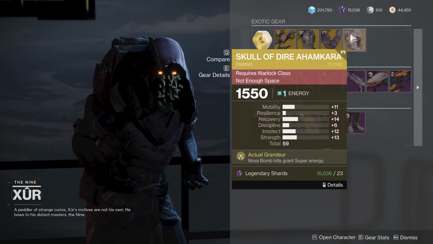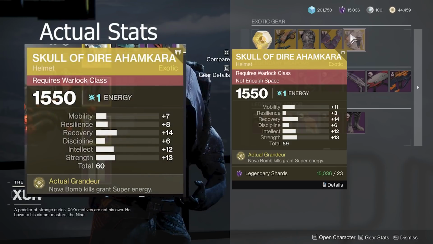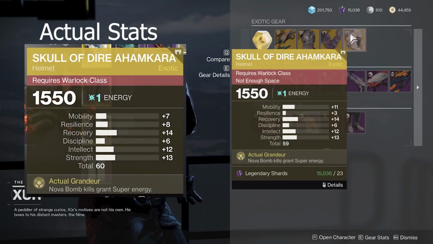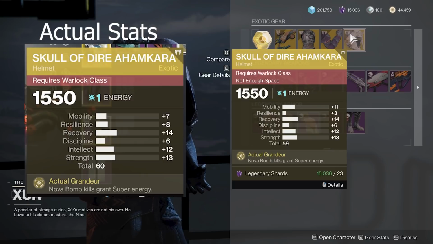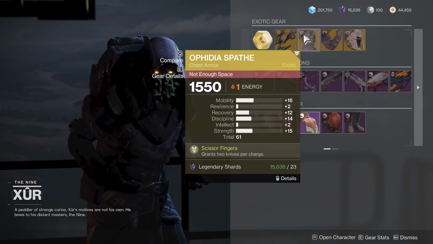It also turns into a 60. It will have 14 in recovery, a little high in resilience, but you've got 12 in intellect, 13 in strength, a little low in the discipline category. But again, if you've never experienced these, they're not as bad as they could be when it comes to the stat rolls. But I would say for sure, Ophidia Spathe with Solar 3.0 coming around, I would really recommend picking